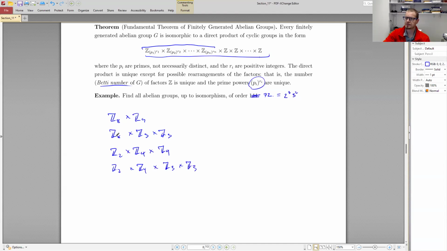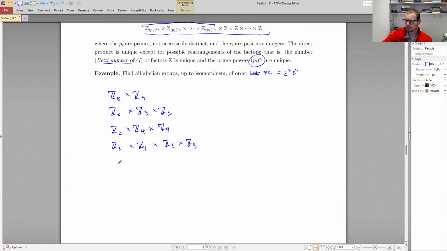So the 8 can get paired with 9, or 3 and 3. 8 can be broken up as 2 times 4, which can again be paired with 9 or 3 times 3. And now I can break the 4 apart. So I have Z2 direct product with Z2 direct product with Z2. Right? I broke up the 4 now. And I have Z9, and I can break the 9 apart: Z2 direct product with Z2 direct product with Z2 direct product with Z3 direct product with Z3. So there are 6